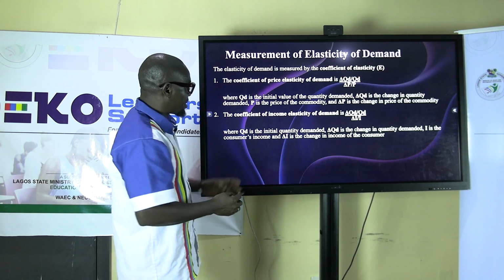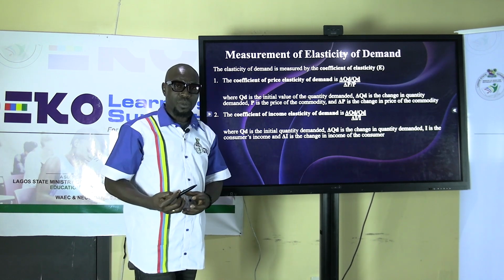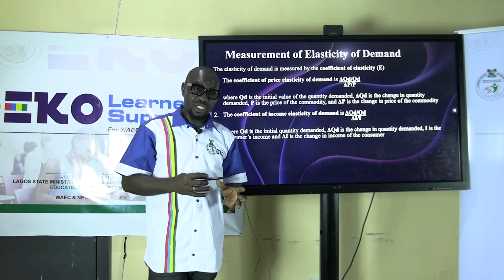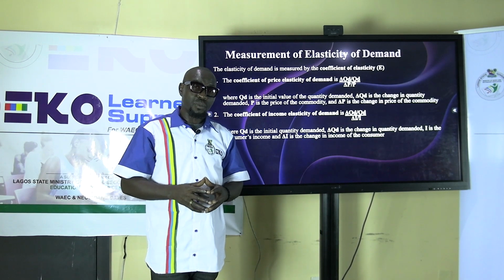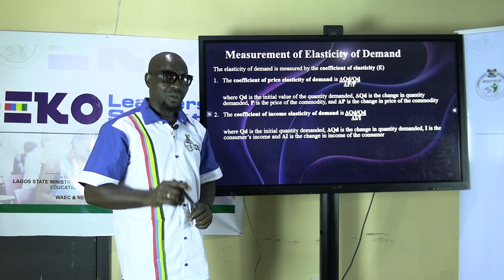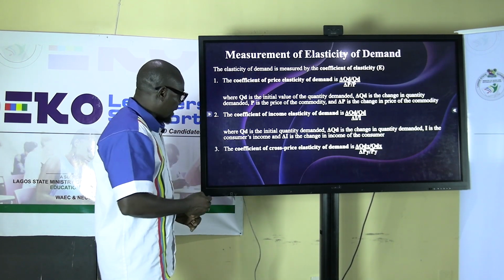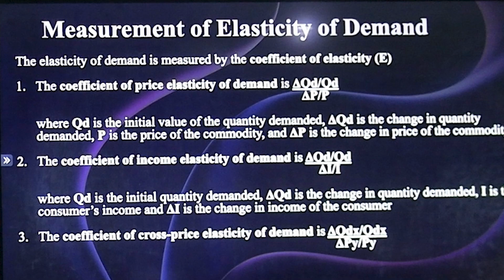Delta I is the change in the income of the consumer, which is the difference between the original or initial income of the consumer and the current or new income of the consumer. And thirdly, we have the coefficient of cross-price elasticity,